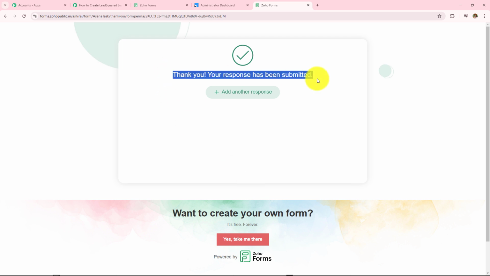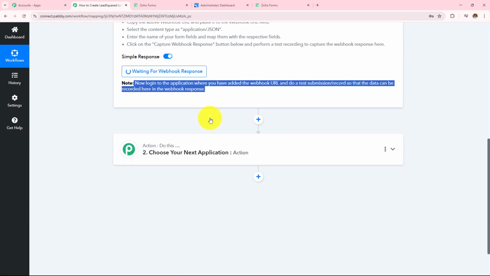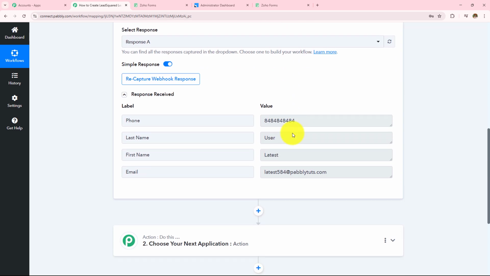Here I have successfully done this form submission, and all these details should be captured in my Pabbly Connect workflow. So let's open my Pabbly Connect, and if I scroll down, I can see that I have received the response after waiting for a few seconds. Here the phone number that we entered was this, first name was latest, last name was user, and the email address was